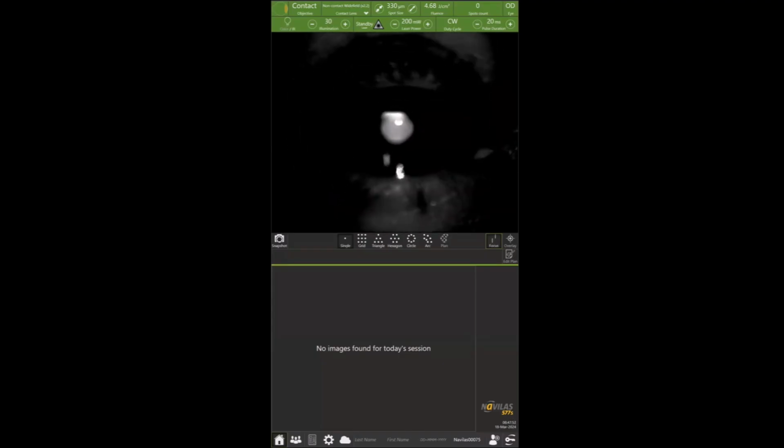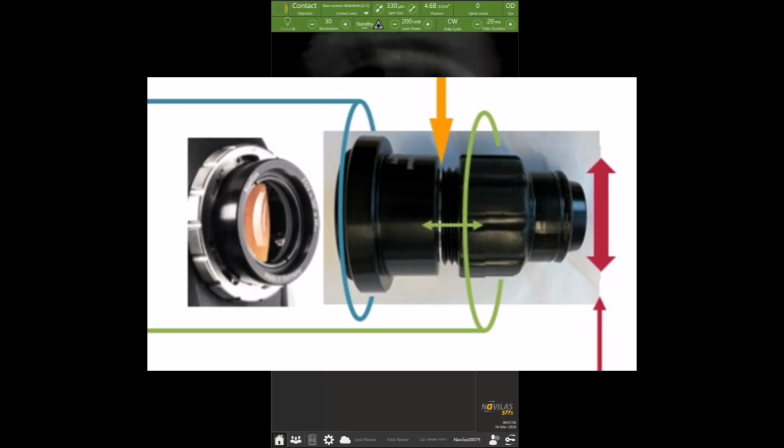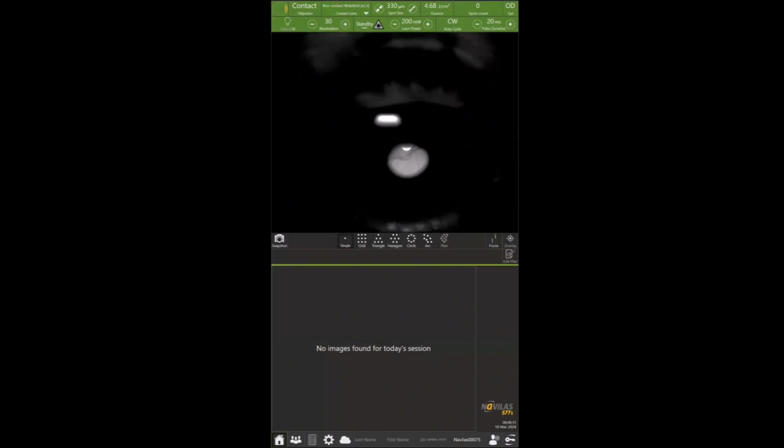One quick hint is to halfway unscrew the rubber tip before you even start to focus it. This way, your objective will be by default focused to a emmetropic refraction, and it will be easier to proceed from then. Another pro tip is to focus the objective while the objective is far from the eye, because the